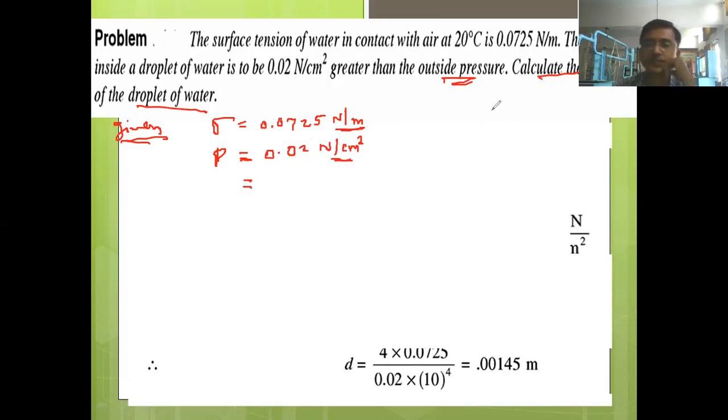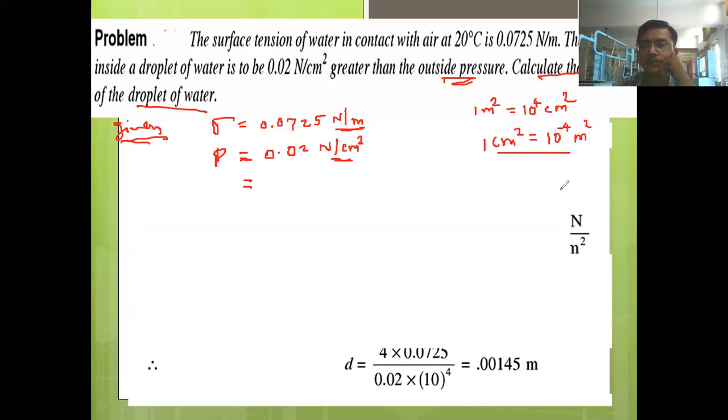In the unit conversion, we have seen, you might have written it on the first page of your notebook, 1 meter square is equal to how much centimeter square? It is 10 to the power 4 centimeter square. Am I correct? Then 1 centimeter square is equal to how much meter square? It will be 10 to the power minus 4 meter square, right?